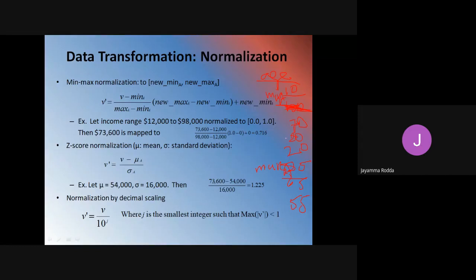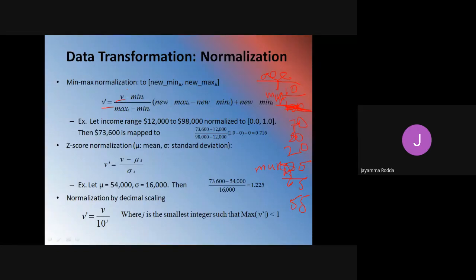Okay, two values, min A and max A, which means that in the selected attribute I'm having the minimum value and maximum value. So I'm going to do my normalization process based on this. When you identify the minimum value and maximum value of the given attribute, there will be a min-max normalization mapping value that is called V or V dash.